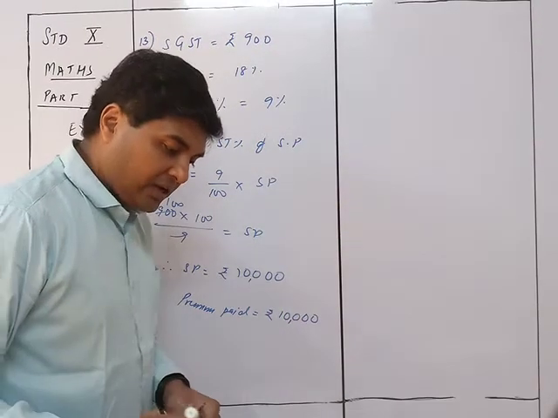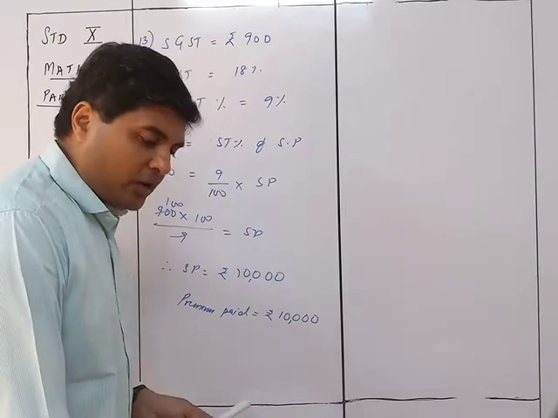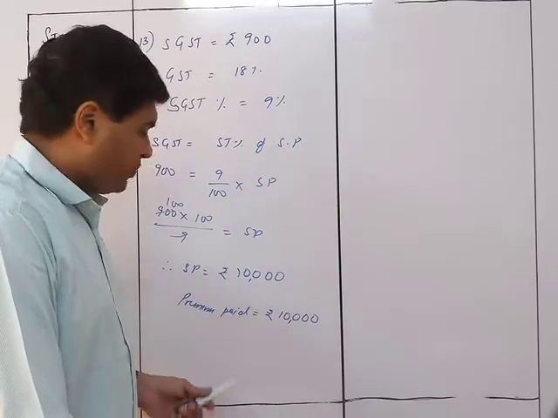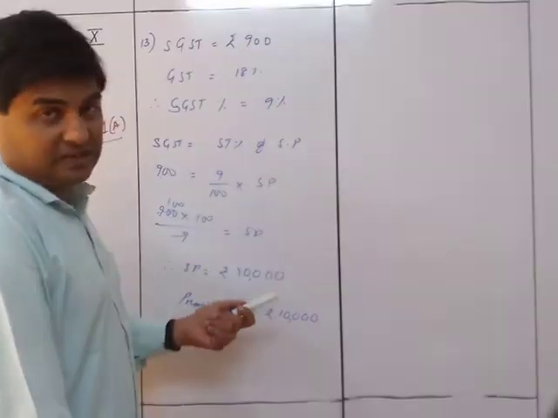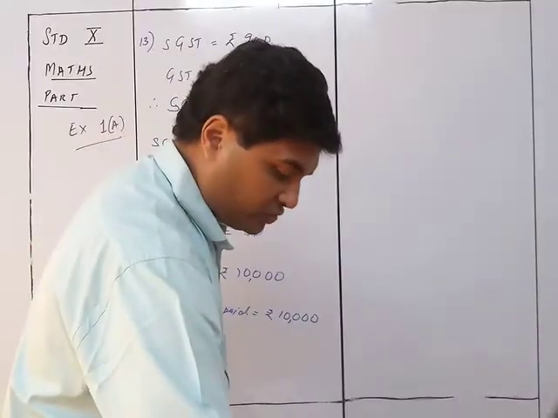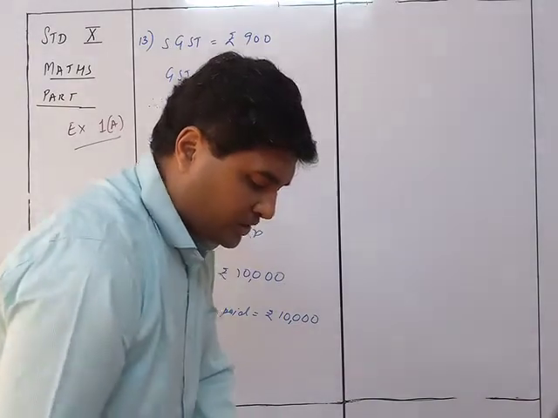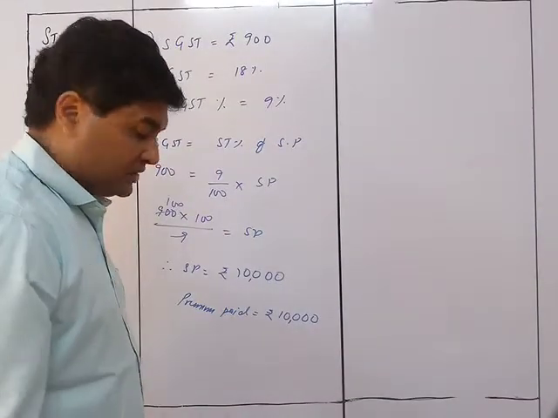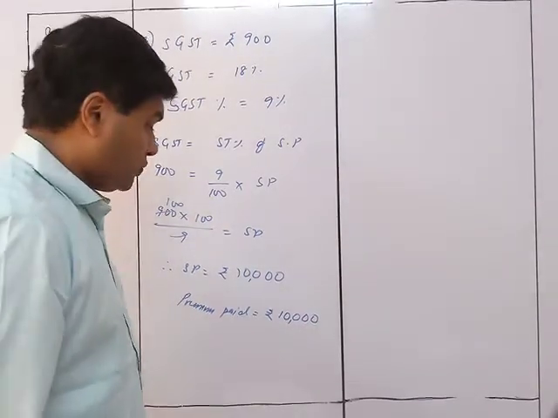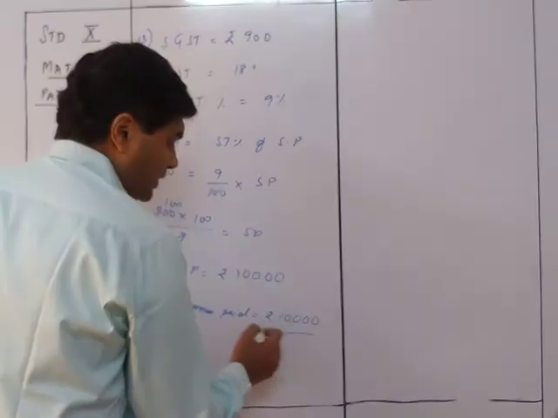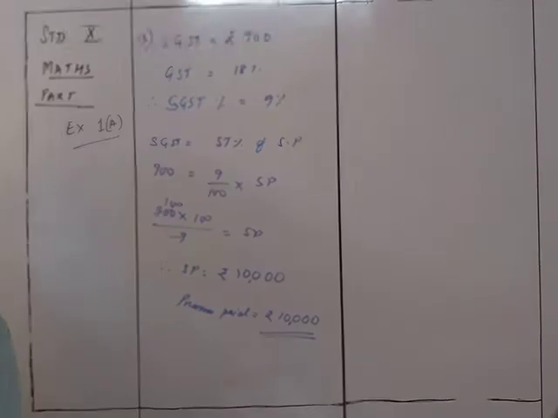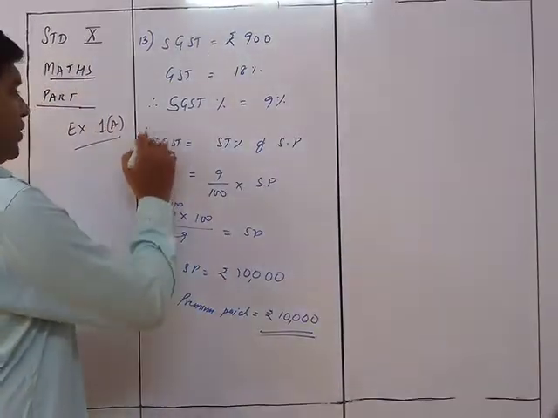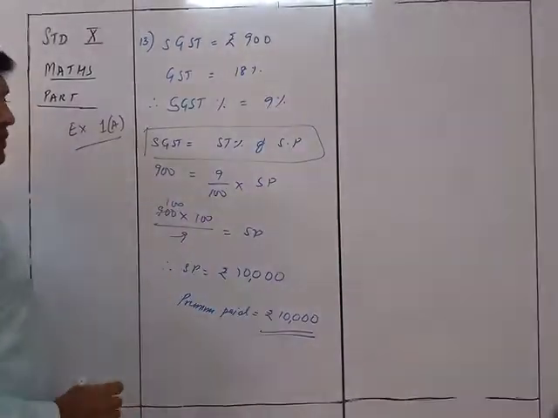What is the answer? Find the total annual premium paid by him for this policy. So the total annual premium paid by him was this much plus the GST he will be paying. So it will be 10,000 is the total payable by him over here as the answer. Okay, so the answer is 10,000 rupees. So 10,000 rupees is the total premium paid by him in this case. Easy. We need to remember this formula. Very important. Okay.